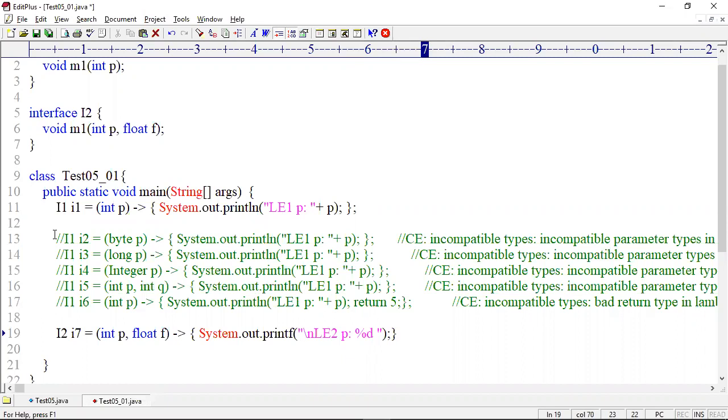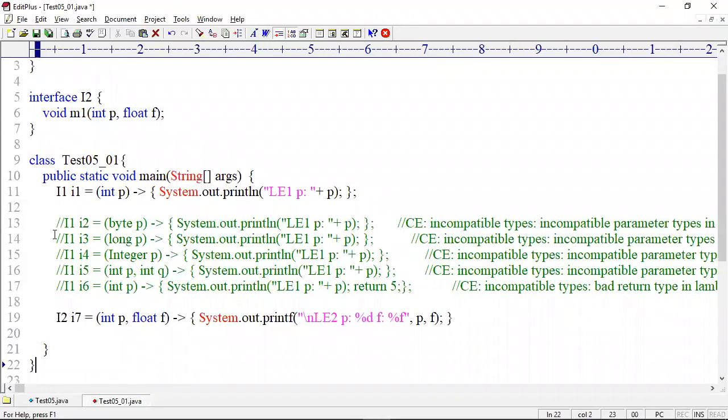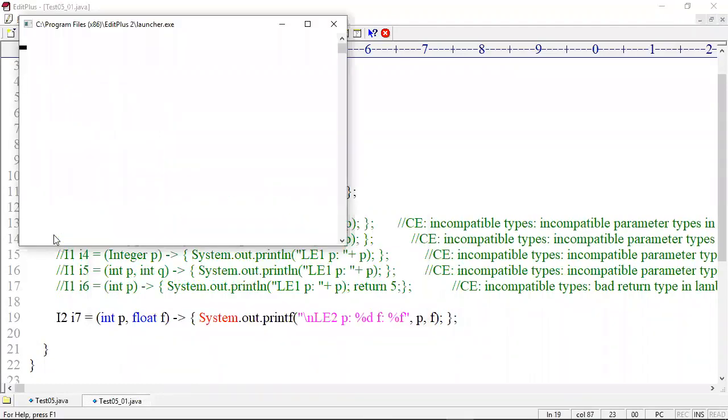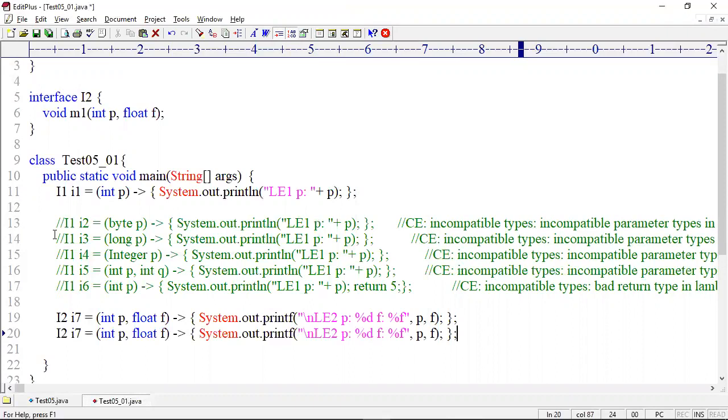Is it compiled? The error says semicolon expected, it must end with a semicolon. Now compiled successfully.